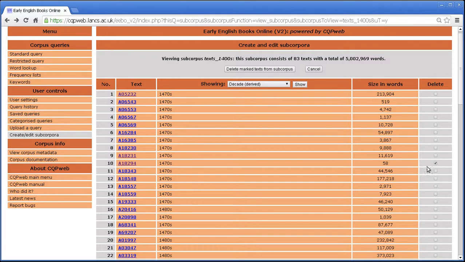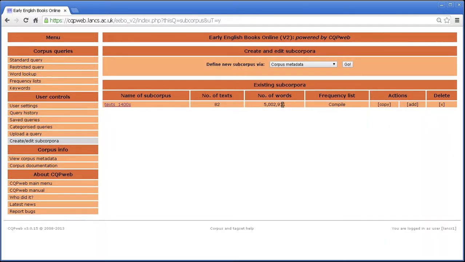Then we can tick to have it deleted and press this button here, delete marked text from subcorpus. Now look at this number, the last 2 numbers there are 69. Should reduce to 11. Yes, it does. So we've gone from 83 texts with 5 million and then a number ending in 69 to 82 texts with 5 million and a number ending in 11 because